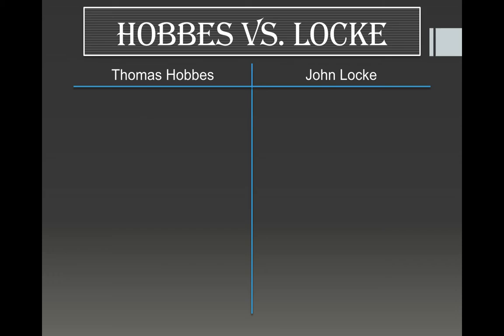So you've got a T-chart in your notes, and it looks just like this. The first thing we're going to talk about is the ideal form of government. Thomas Hobbes would argue for an absolute monarch. Remember he talked about the Leviathan, where the king is the head of the monster and the people make up the body. So one cannot exist without the other. The head has to do right by the body, and the body has to do right by the head. And then John Locke, his ideal form of government is a democracy.